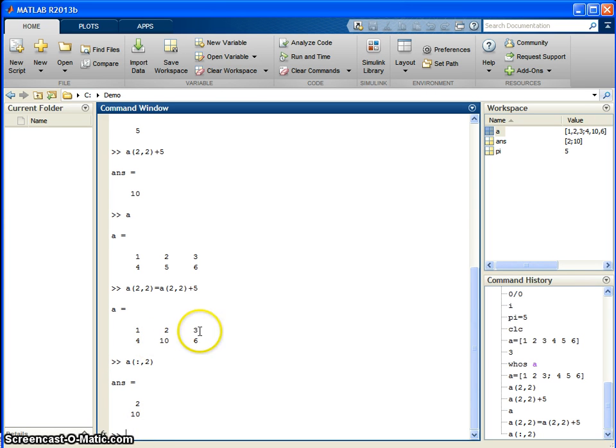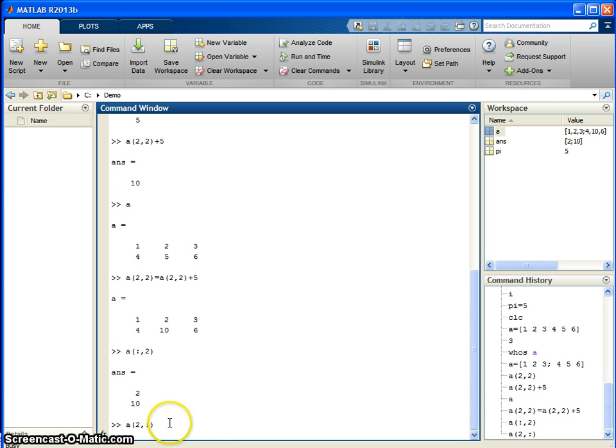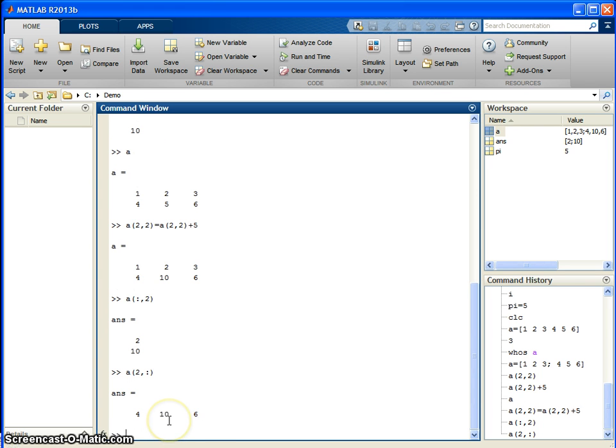So you want to choose, let us say, complete row 2. That means you want to select all the columns and the row is 2. So how am I going to write it? That means second row and I want all columns. Okay, so this is the command I have to use. So you can see these are all the values.